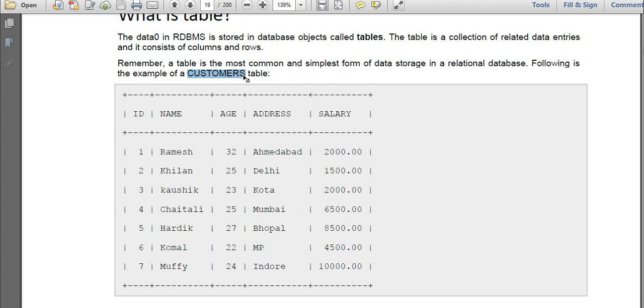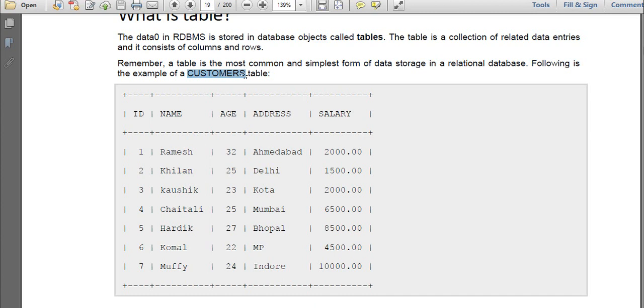If we enter data which is nowhere relevant to this customer, then we can't say this table is consistent. We can't achieve that integrity concept. Integrity means every table must have consistent, relevant data. If you enter some information which is nowhere related to that customer, then your table will become inconsistent. So whenever we are creating any table, you have to check whether it is relevant or not.